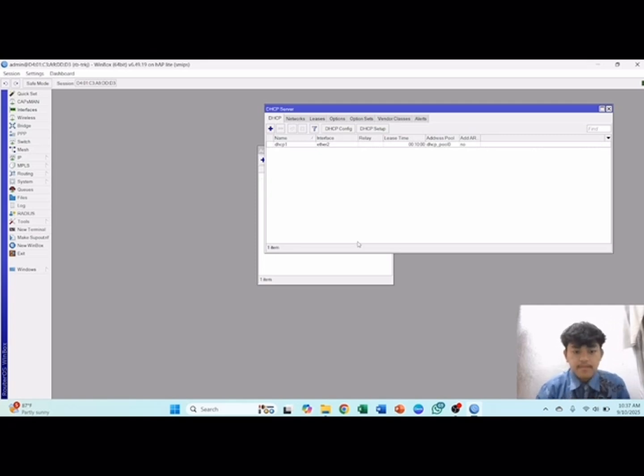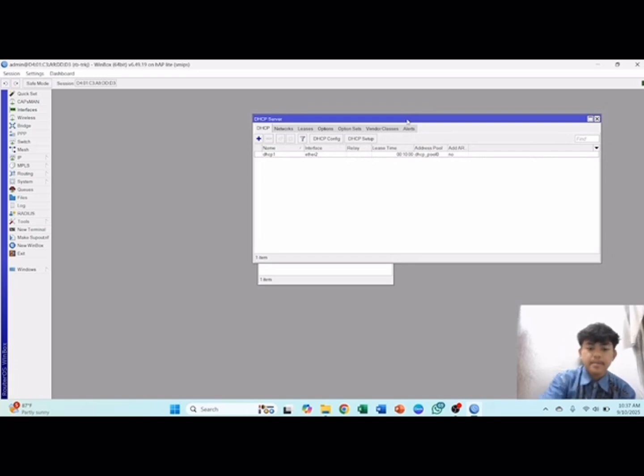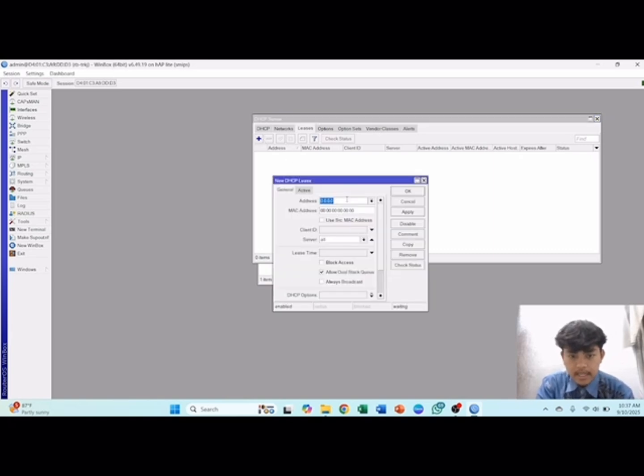Then make sure the laptop is set to DHCP mode. Now, to make the laptop always get the same IP, we add a static lease from IP.